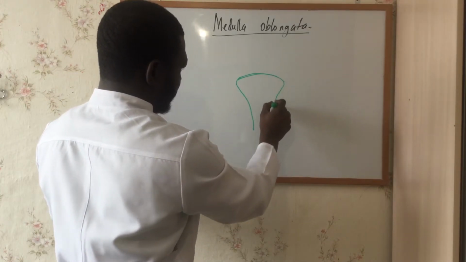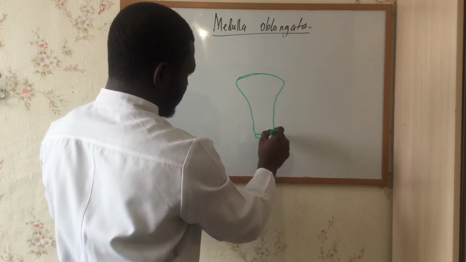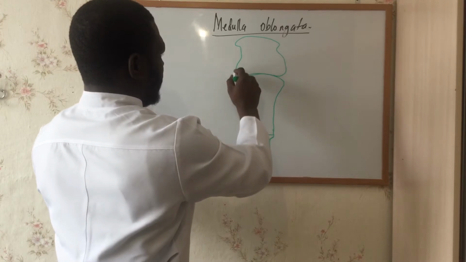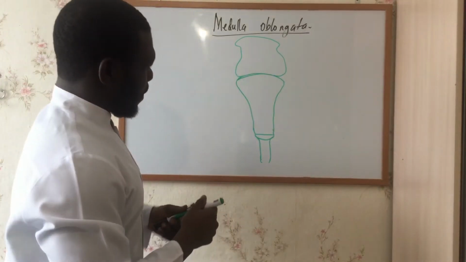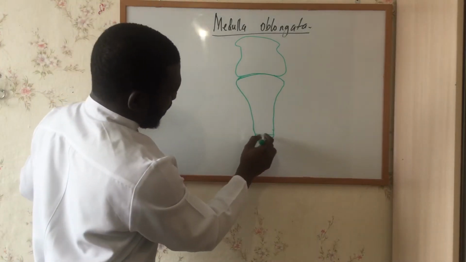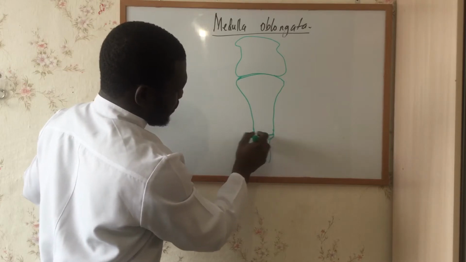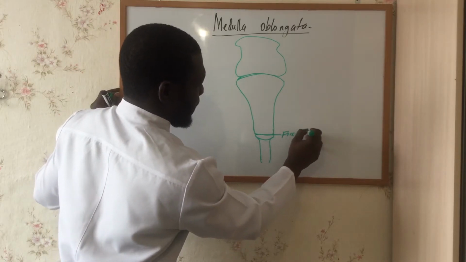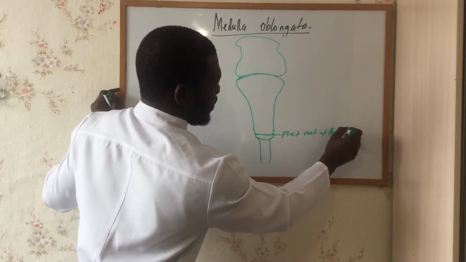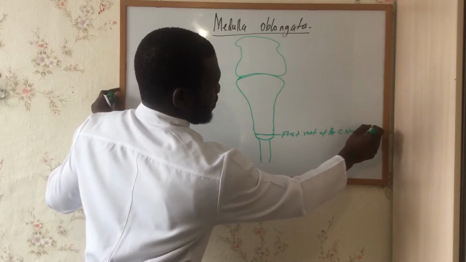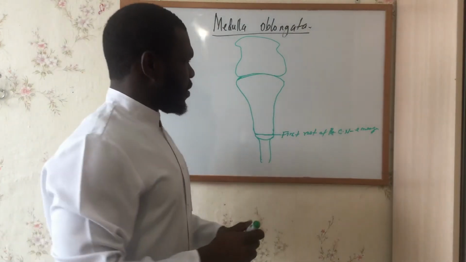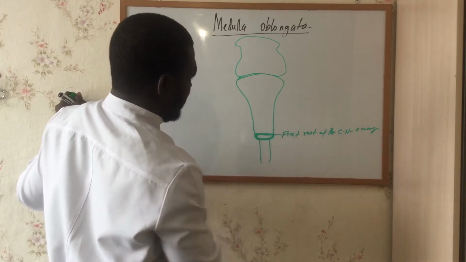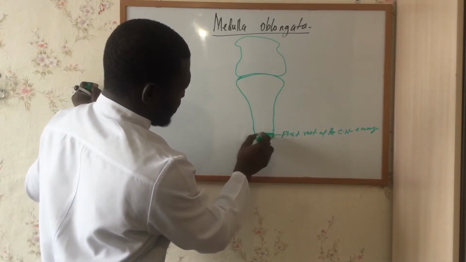Let's take this as the medulla oblongata. This is the continuation of the spinal cord, and superiorly it continues with the pons. This is the medulla oblongata. The inferior boundary is at the first root of the cervical nerve, the emergence. So the emergence of the first root of the cervical nerve, and then we see that this is the margin of the foramen magnum. So we have the margin of the foramen magnum,